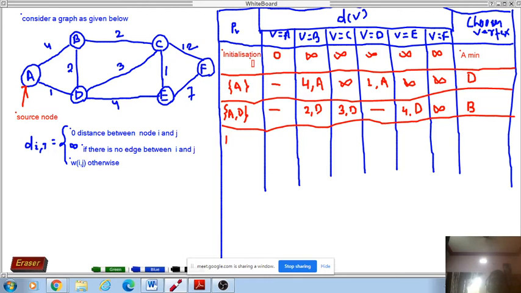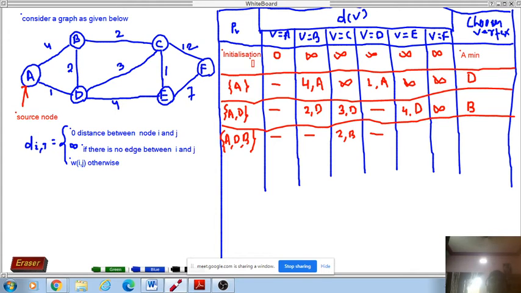So I am taking A, then I have chosen D. Now I will choose B. So from B, what will I see? Again I will observe from B. I will not consider A, because A is visited. Then B to C, is there a path? Yes, that is 2. Is there a path from B to D? B to D is already visited, so I will not choose that one. So this is not taken.